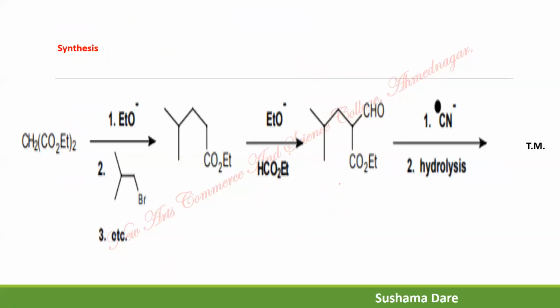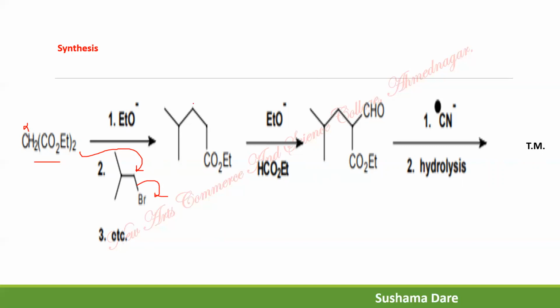Now look at the synthesis part. The best synthetic equivalent we just discussed is diethyl malonate. Start with diethyl malonate. First you treat it with sodium ethoxide in the presence of ethanol. Now this is the alpha proton, so this is the alpha carbon. This base abstracts this alpha proton and generates a carbanion. And once a carbanion is generated, you attack it on this halide and remove this bond. So this carbanion attacks over here and the bond is disconnected.